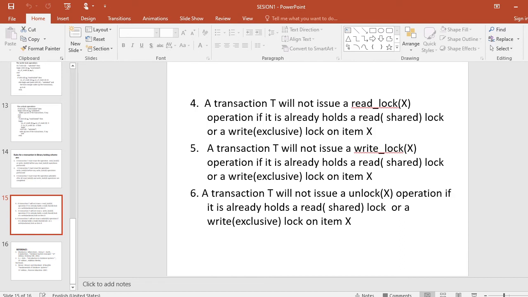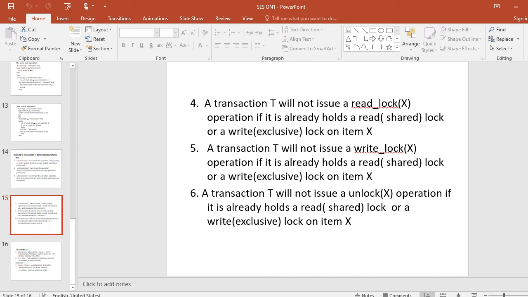Shared or exclusive read write locks. Here also there are some operations. There are 3 operations: read lock X, write lock X, and unlock X, which you have already understood. Then 3 possible states: read locked, write locked, unlocked. These we already understood in this session.